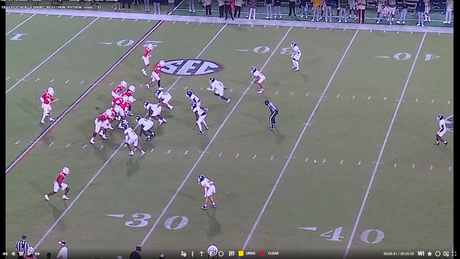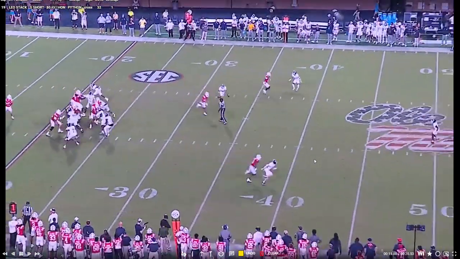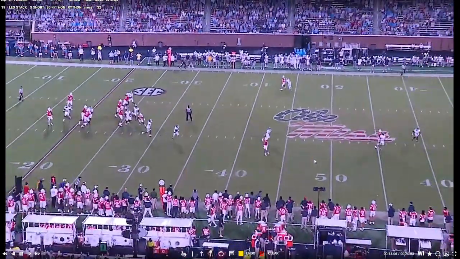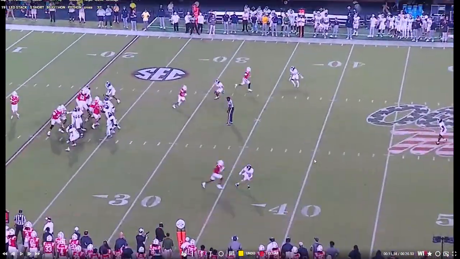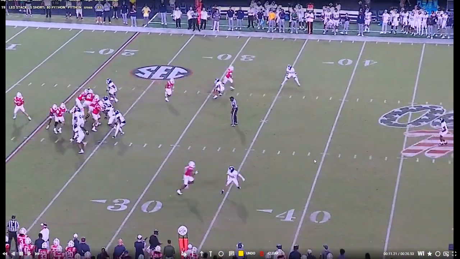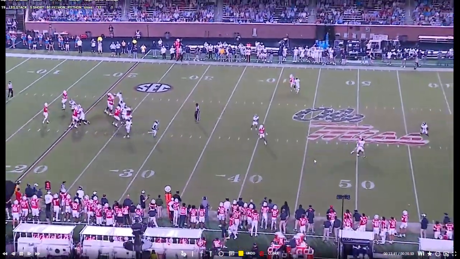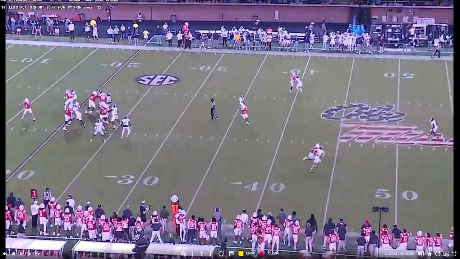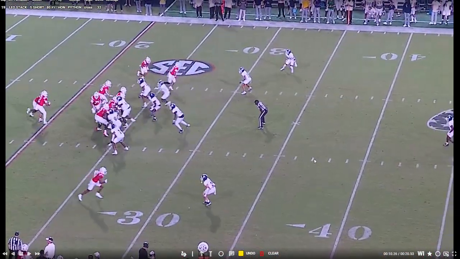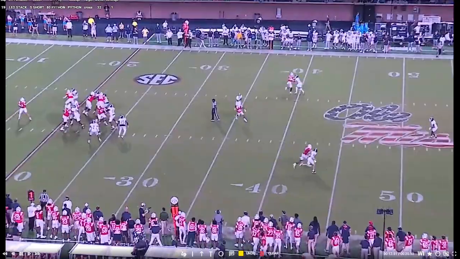Okay, this is the one at 20% that was against man. But it's a great way, we can see here, of motioning into it to get a little bit of a head start, because against man free, in any sort of flood, there's going to be one route open. Okay, it's going to be the crosser. So the crosser has to win. If you don't get the crosser to win, there's going to be nowhere for this ball to go, especially if you lock the post. If you have a storm route down here by the single,